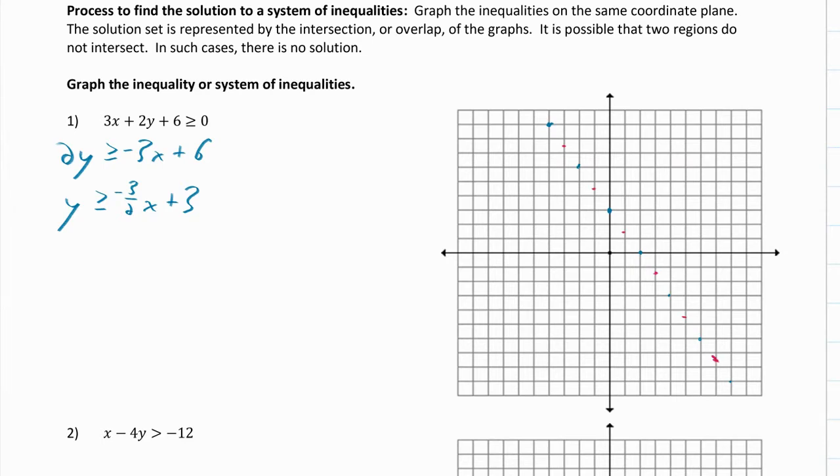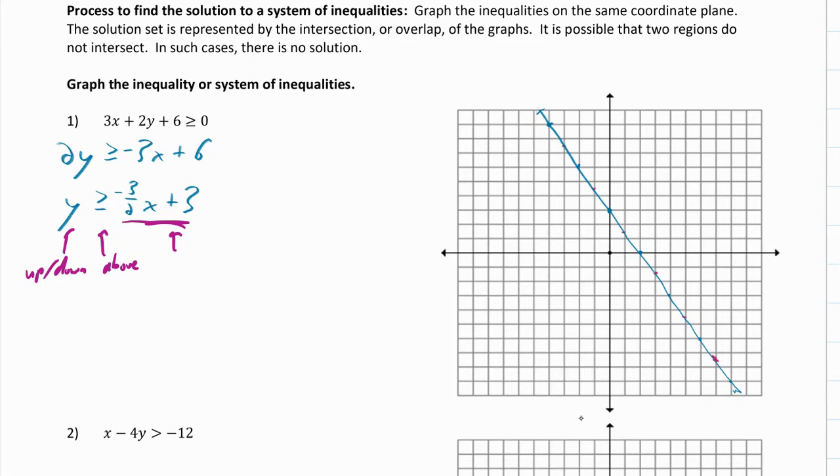And then I'm going to graph that line as a solid line because this is a greater than or equal to. So I'm going to be very careful that I get that part right. Ooh, let me try this again. Solid line all the way through this. Okay. Now the greater than represents shading. What this means, if I interpret this, is that all the shaded values I need must be greater than this line, which means that the y values I shade, y is a measure of up or down, has to be above